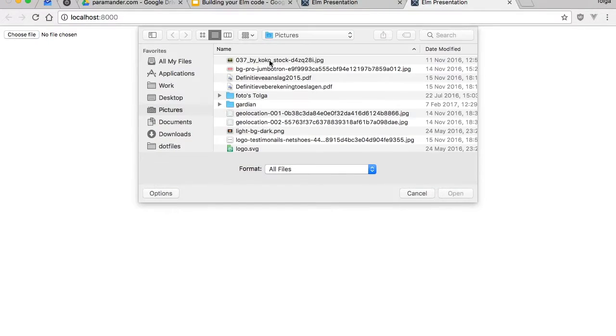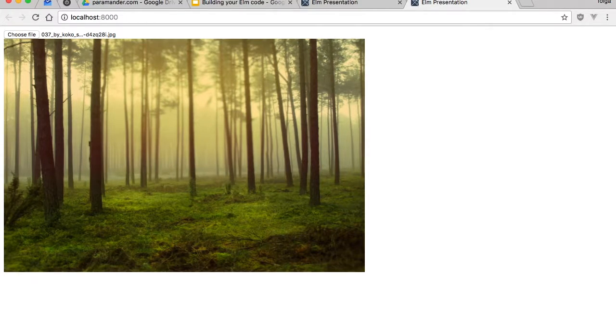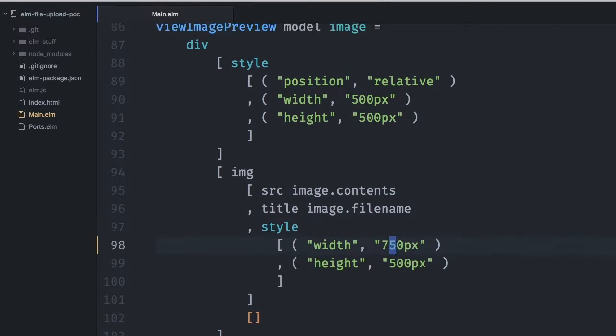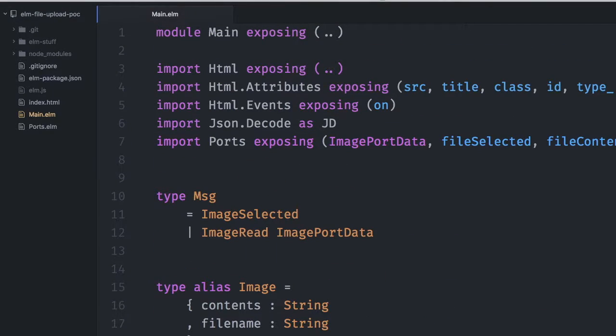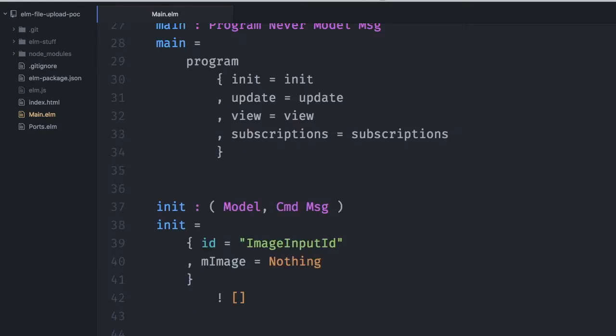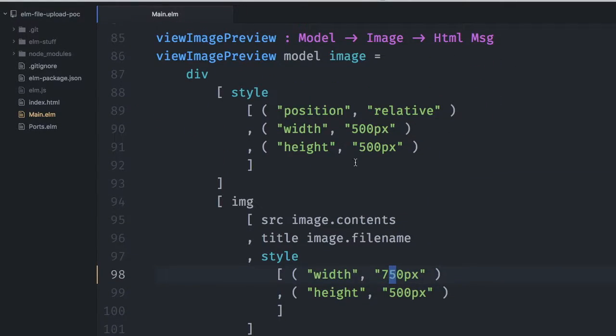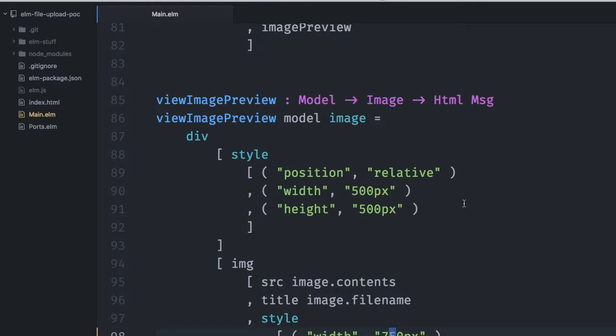It reloads my browser, but I just lost my image again. And then you select it again. There it is. That's what I wanted. But it's not all that bad, because if I go back and I change something else in my model that I don't have right now, it will reload those correctly. But any application in Elm that's a little serious will have multiple ports in them, interacting with your model or coming out of your model, so I don't think this is the ideal solution